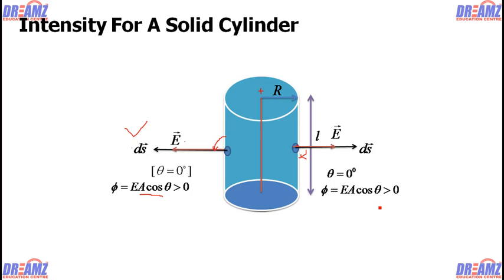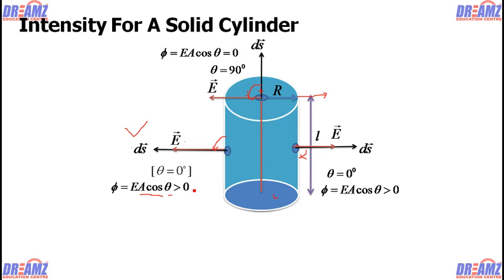Now if we consider the two discs, this is the first disc on the top and this is the second disc at the bottom. If we consider the first disc and a very small area on the disc, the area will be perpendicular to the plane. So this will be the ds vector now for this circular plane. And the intensity is again in this direction, or it may be in this direction, whatever it is. And in this case, these two vectors are now perpendicular. That means theta is 90 degree. And if we put cos 90, cos 90 is 0 for us, and there is no flux for this circular part.